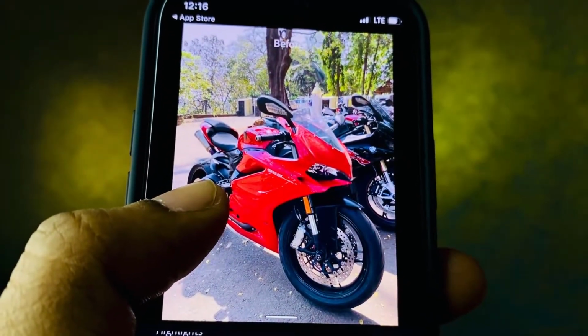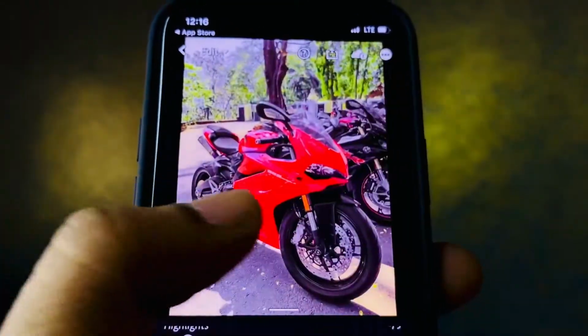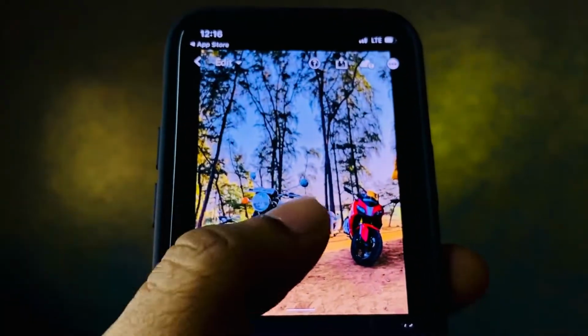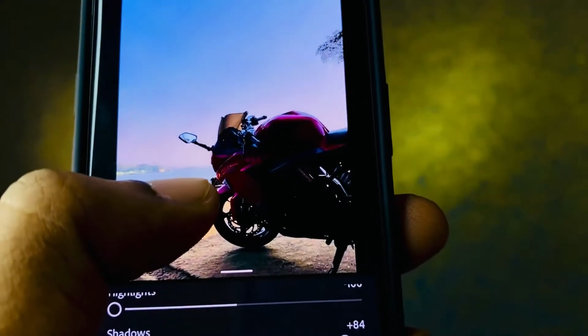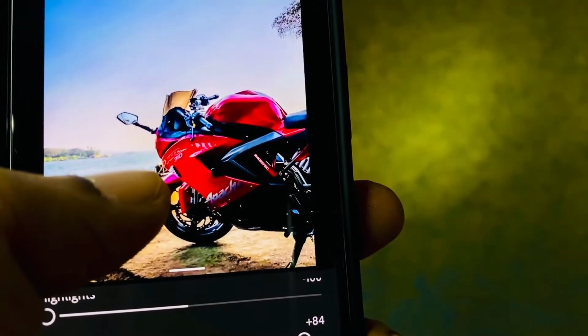So we can also use this for other things, but here as you can see I wanted green with this Ducati bike. And if possible, this is one of the edited images, guys. So let me just show you all. This is completely black, and it was shot in the daylight, and this is how it got after editing it.